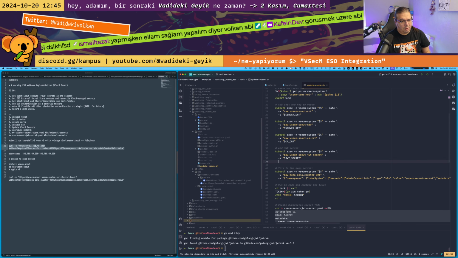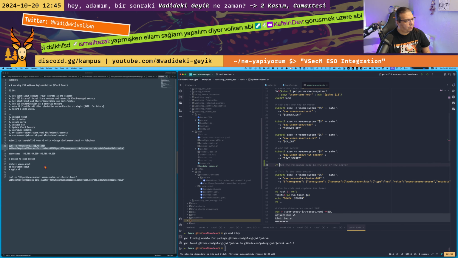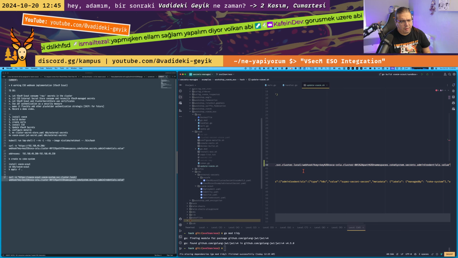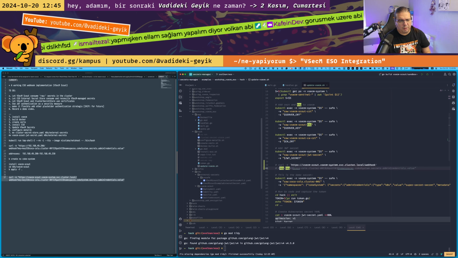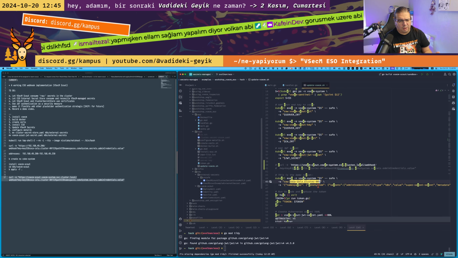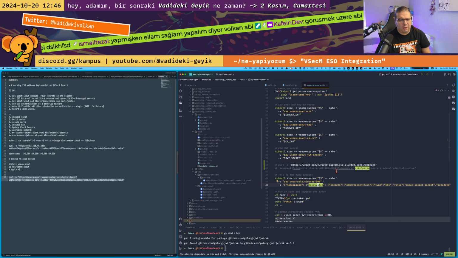Let me put a comment down here. An actual curl to the webhook will look like this. I'm going to send this cluster and tenant combo as the key, and this is totally configurable. I'm using this just as a convention, but it can be any string as a key. This is a secure key value store essentially, and the path is